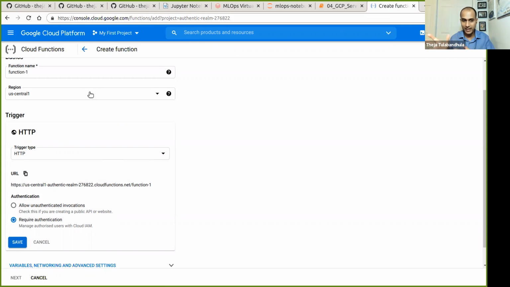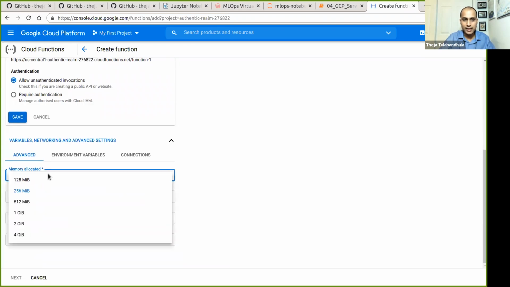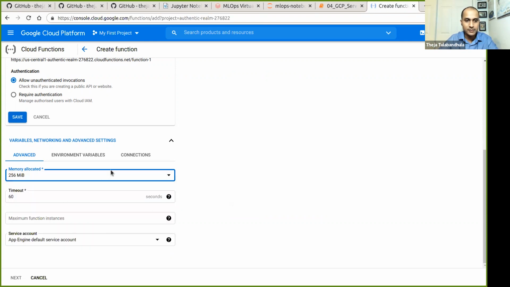The serverless technology is backed by some servers, so the region is where the servers reside. And last time we said, let's do a very simple thing, which is unauthenticated invocations. There are a few extra things, like if you have a very heavyweight function, then you can choose how much memory it needs. For example, you want to read a database, a dictionary or some data file, and keep it in memory so that every time you get a request, you can immediately respond. So you can change things here.